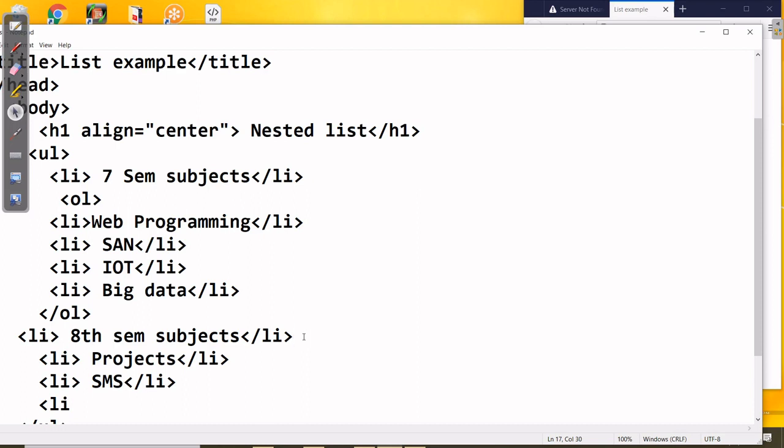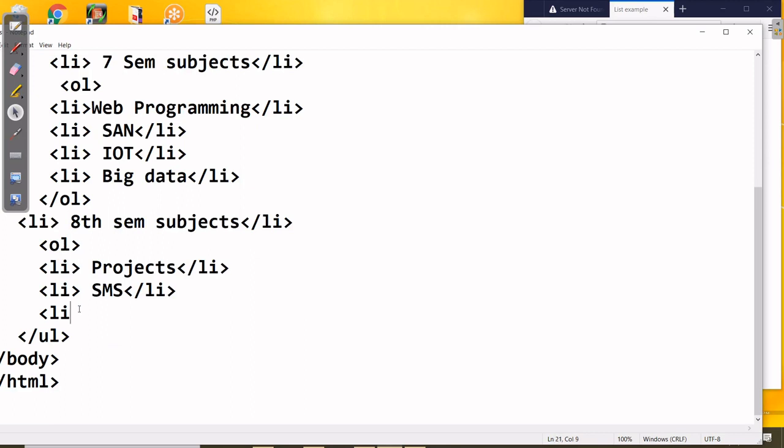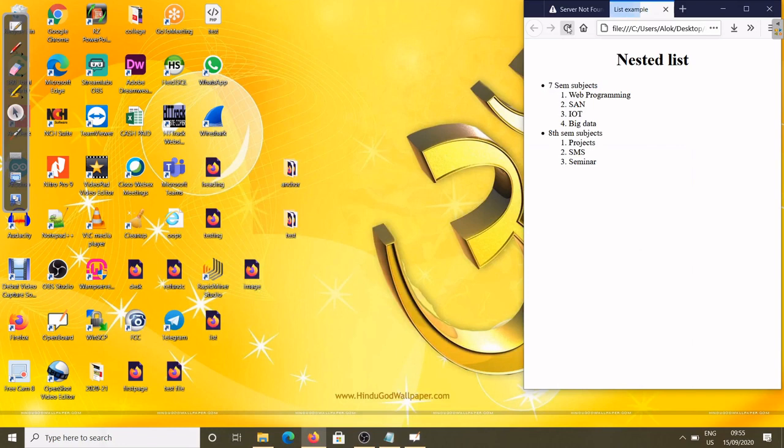Here see again I missed one thing, after that when we have to start the ordered list here ol, and then again these are the part of the ordered list only. Then we can go for the seminar, clear li, then close here again the /ol. Okay, control S, minimize, refresh. You see 7 semesters unordered list, that's why this symbol. Under this one again the proper alignment is already done by the nested list itself, and then again the subject names, then again 8 semester, then again these. So this is the advantage of the list. Whenever you are using the list, the alignment and everything will come in the proper order only.